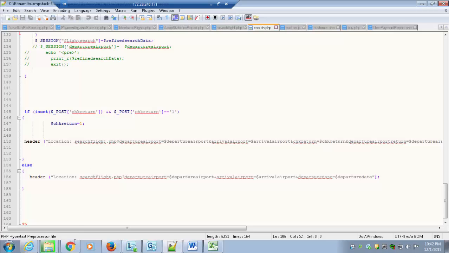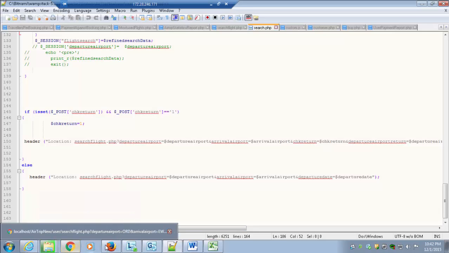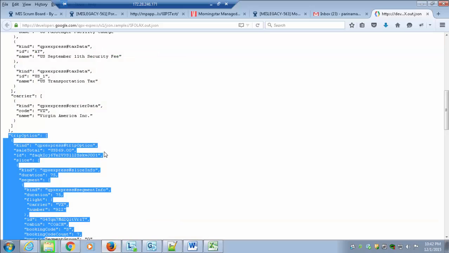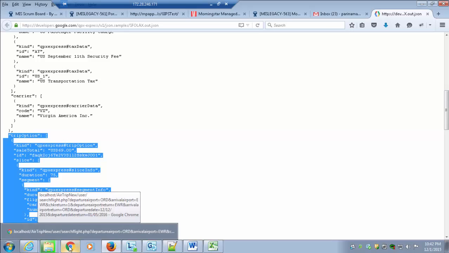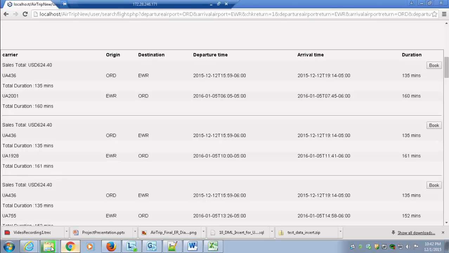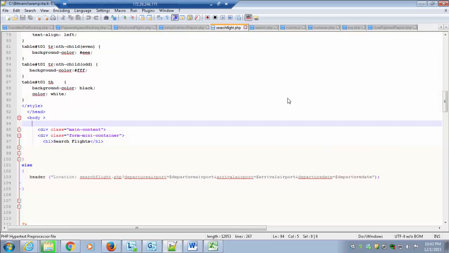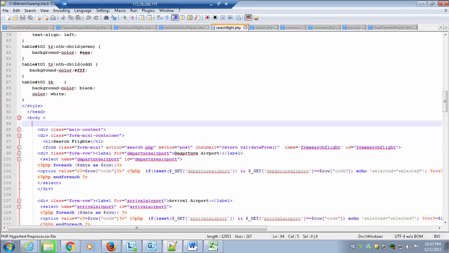I can quickly show you what trip option is. This is the trip option, which is a Google API response, and we have used this information in the script. Now if I take you back to the search flight, you can see all the information has been displayed.